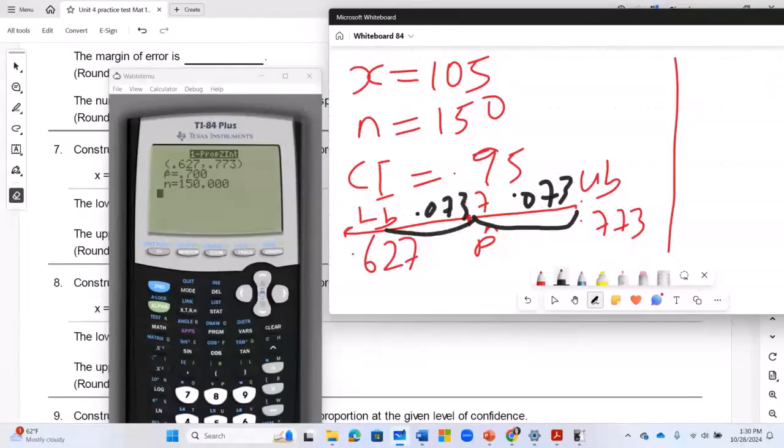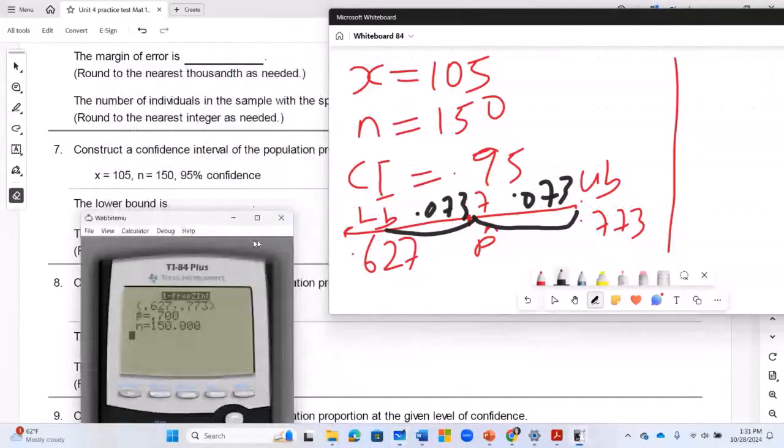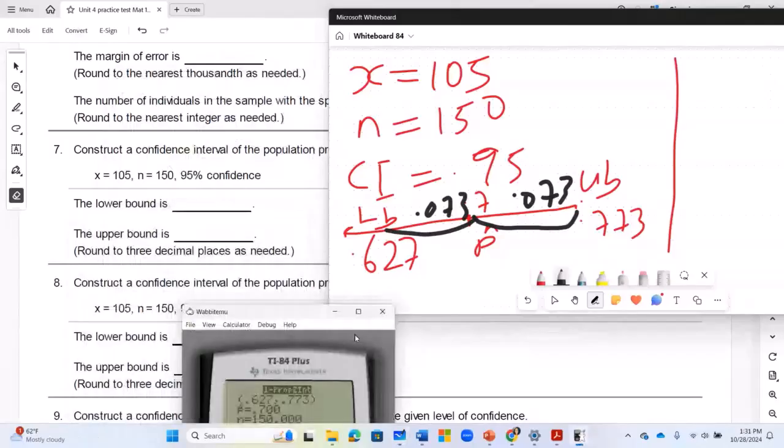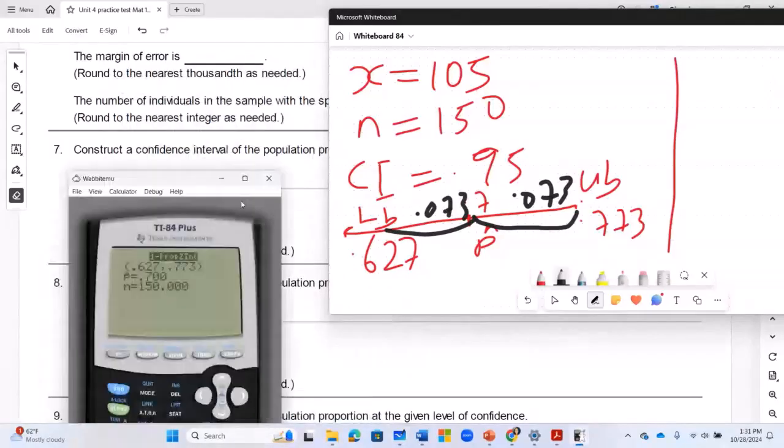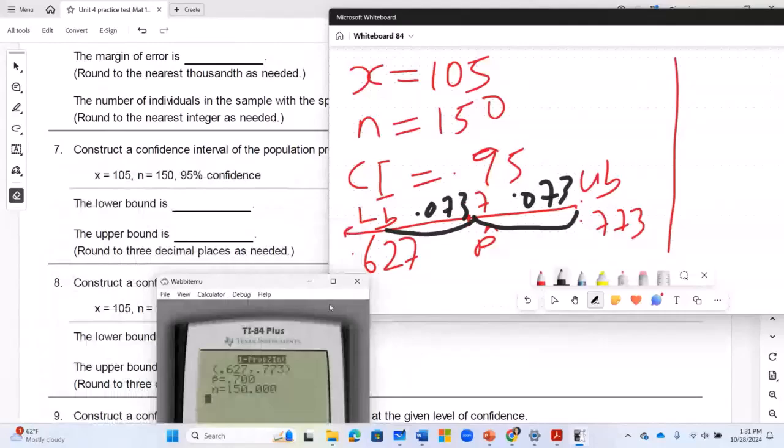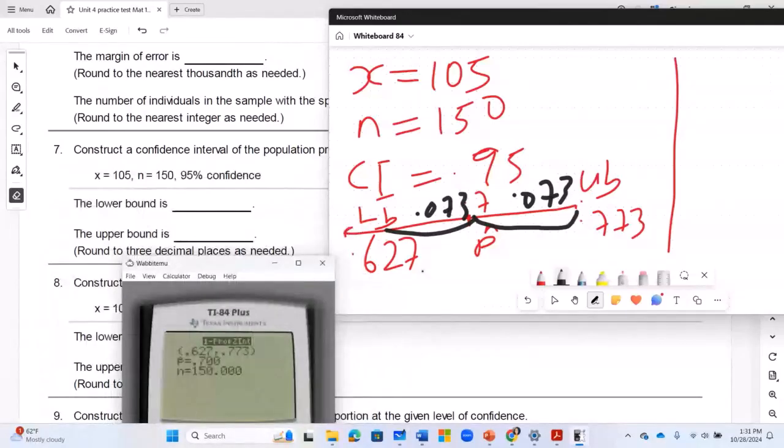All right, so now let's see if they have any other question. We did a confidence interval. We can do it quickly. It doesn't really take time. So we did number 7. We found the confidence interval. The lower bound is 0.627. The upper bound is 0.773. And the margin of error, even though they didn't ask us about the margin of error,